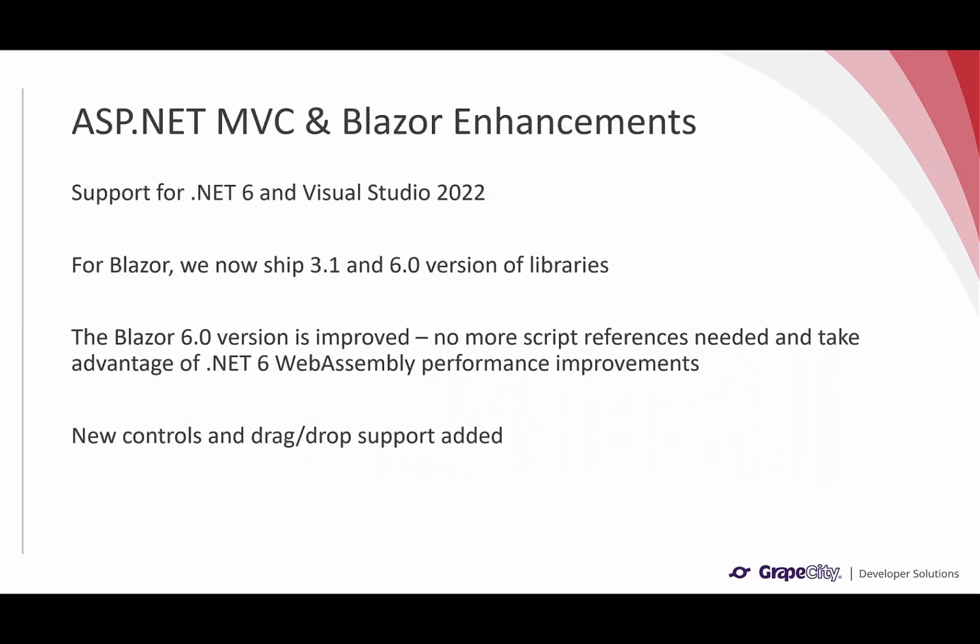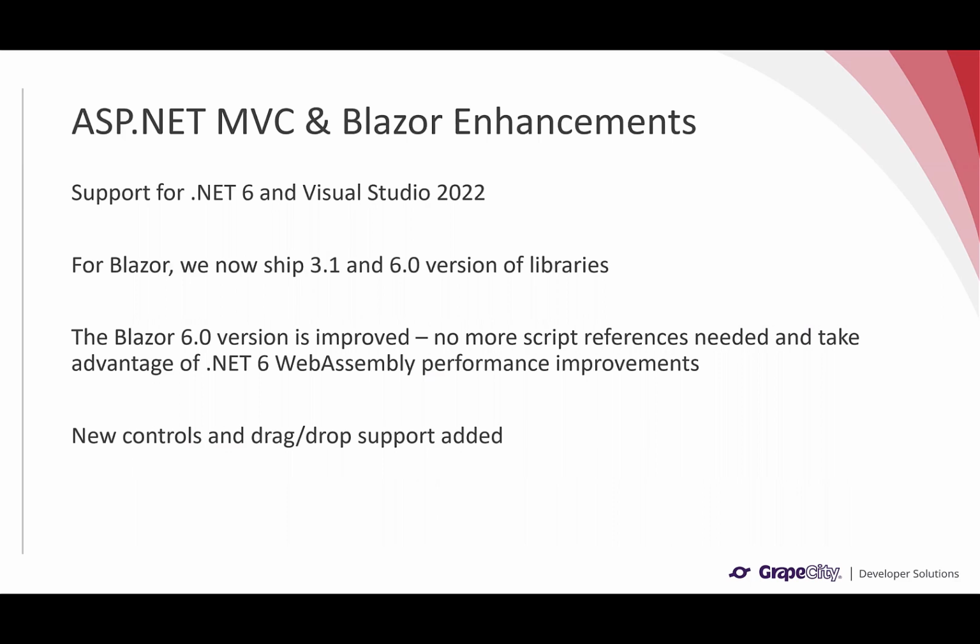Next, let's move on to the web platforms. For ASP.NET MVC and Blazor, we now support .NET 6 and Visual Studio 2022. For Blazor, we are now shipping 2 versions, .NET Core 3.1 and .NET 6. The benefit of switching to .NET 6 is that you will no longer need to manually add the references to